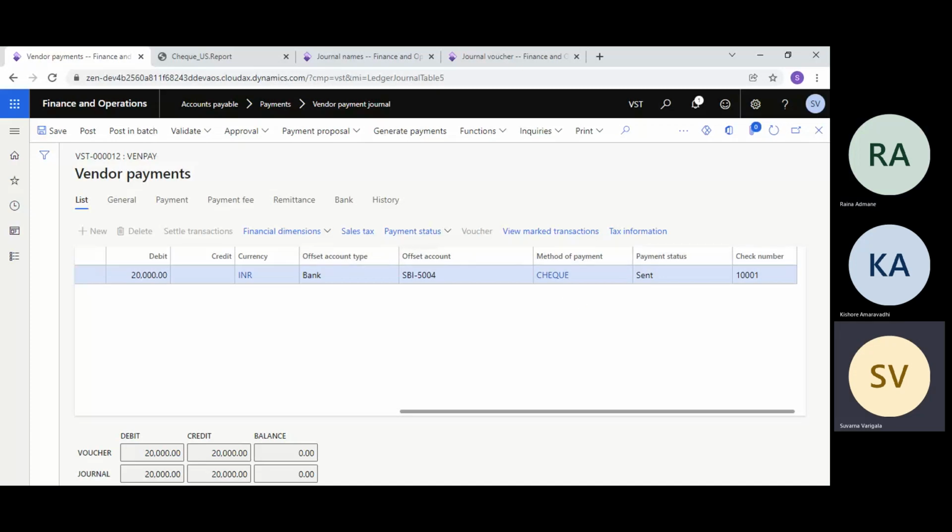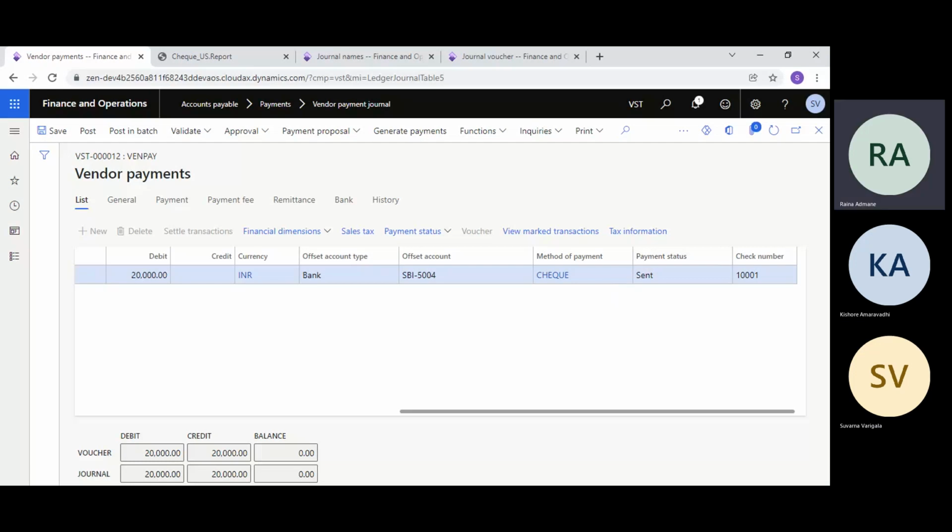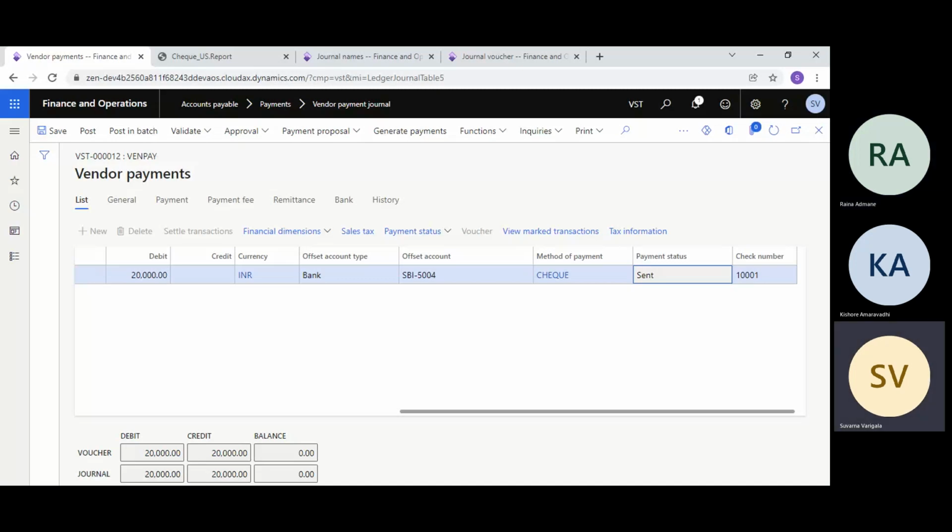Before that, how do we change this payment status if needed? Consider that we are doing the vendor payment, and now this check is printed on the printer but it is wrongly printed. Wrongly printed means that check leaf is wasted now. You cannot reuse that, right?